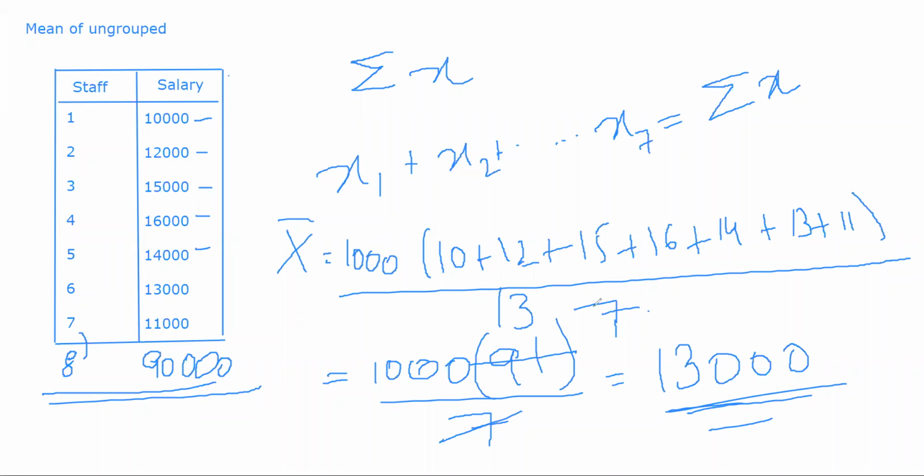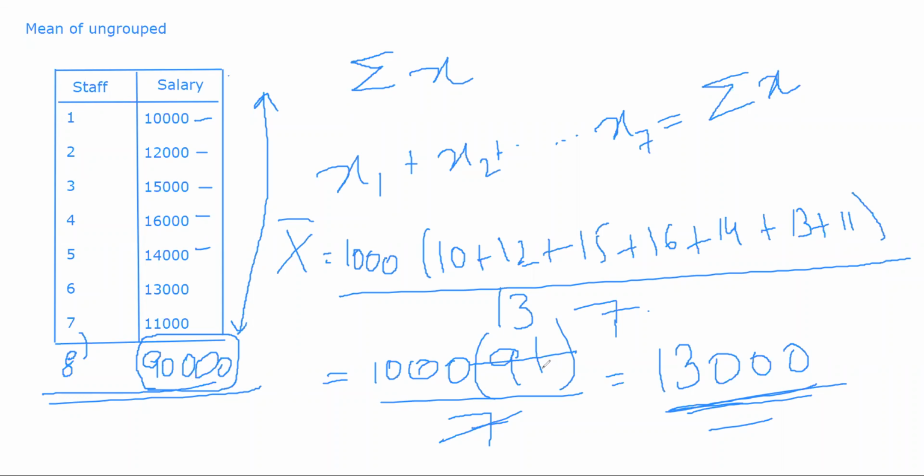Normally your average should be 13,000. So this number should have been closer to 13,000. All of these are somewhat closer to 13,000. But whenever you have a value which is very far away from your suspected mean, or the mean that you generally gauge from this, that will skew the mean that you get.